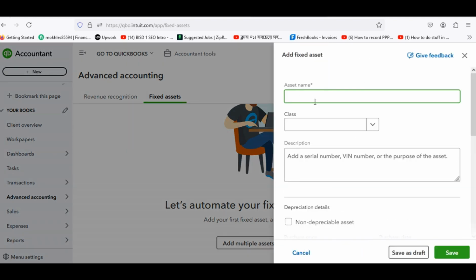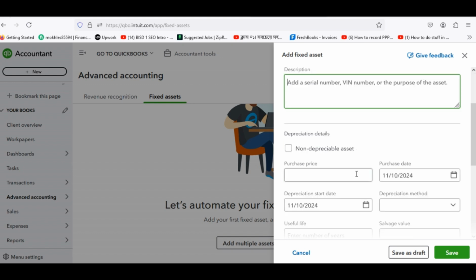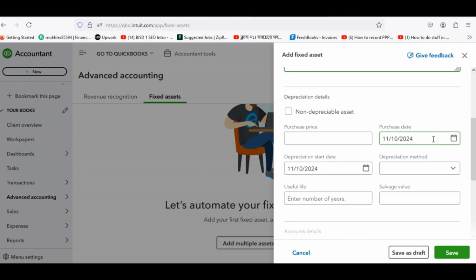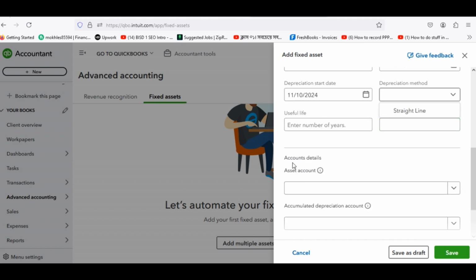Asset name, class, descriptions, purchase price, purchase date, depreciation start date, depreciation method, useful life, straight line. Here